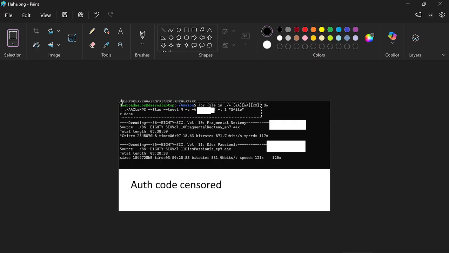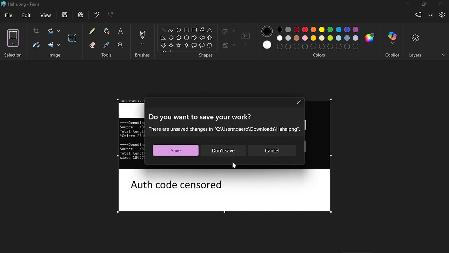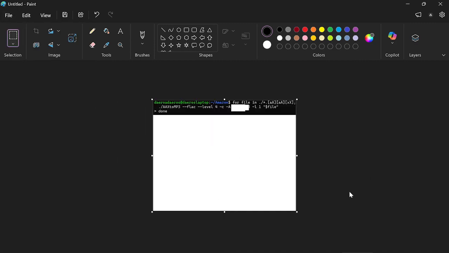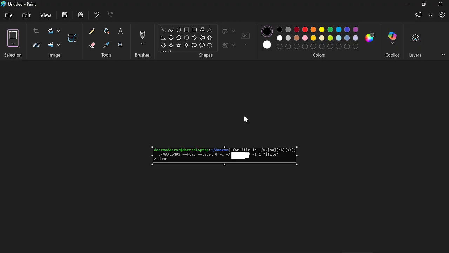This is the command that I ran on the command line, right here. I had to use WSL to do it, but it works. This is the command that I needed, and if you have your auth code, you would enter it in that box right there, in the white. Once you have your auth code, you can basically use that to strip the DRM out of